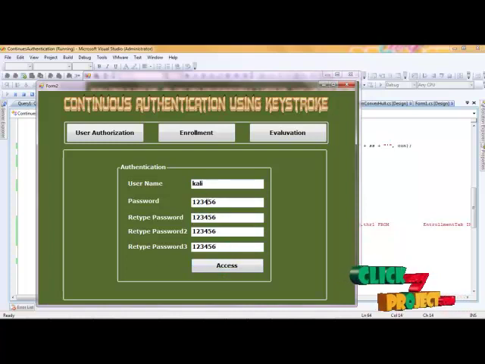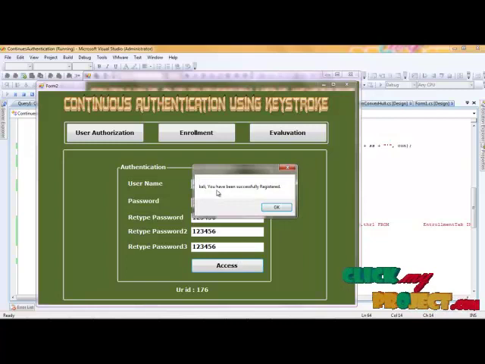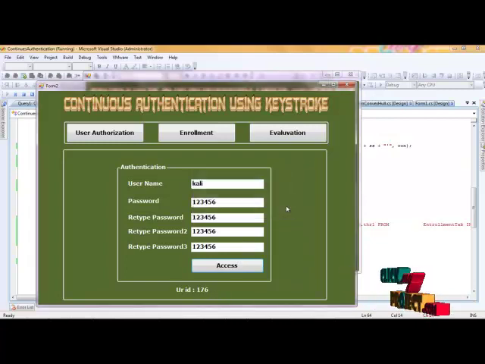So the keystroke analysis for the keystroke event. I click the access point. The callee have successfully registered and the user ID will be generated. Click the OK. In this process we have maintained the password and the retype password. We are checking the time limit of the keystroke.